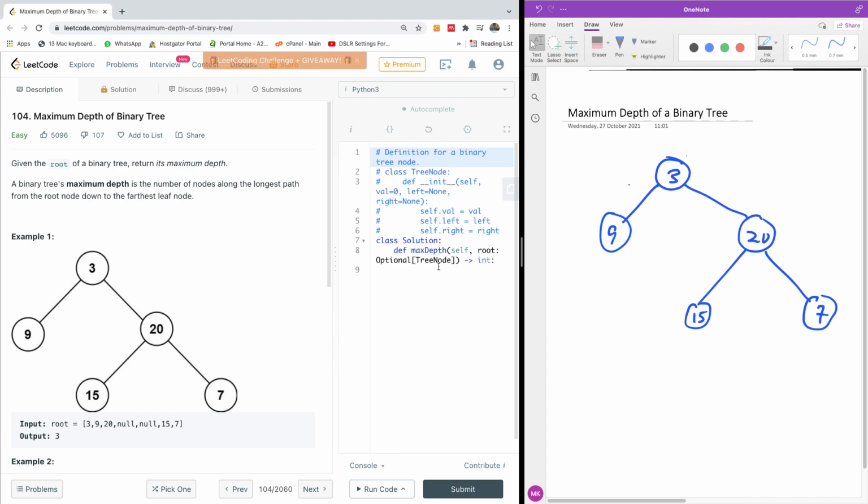Alright guys, I'm going to show you how to solve this very interesting LeetCode problem. It says maximum depth of a binary tree. So given the root of a binary tree, return its maximum depth. A binary tree's maximum depth is the number of nodes along the longest path from the root node down to